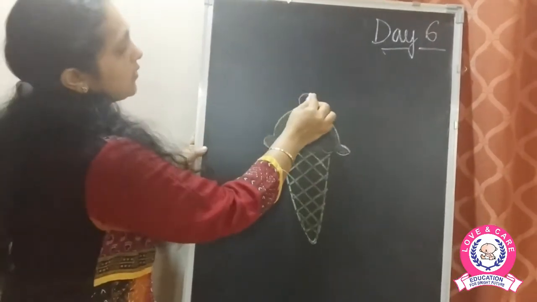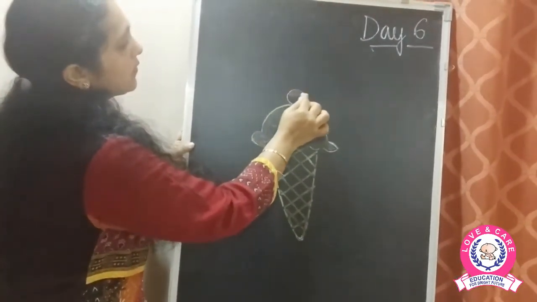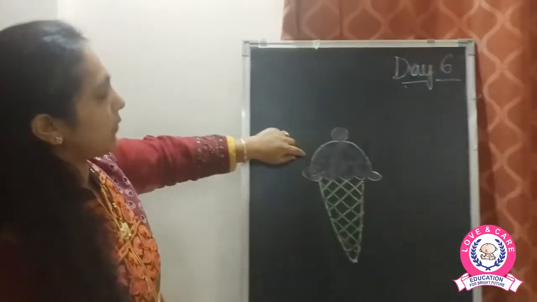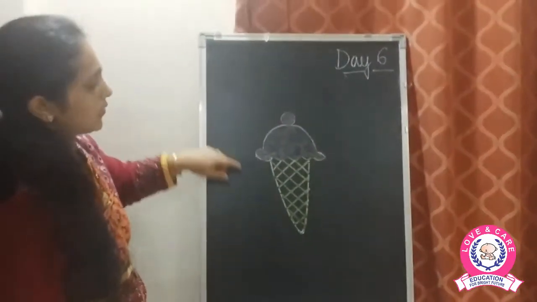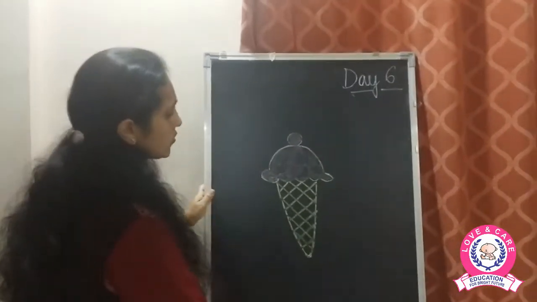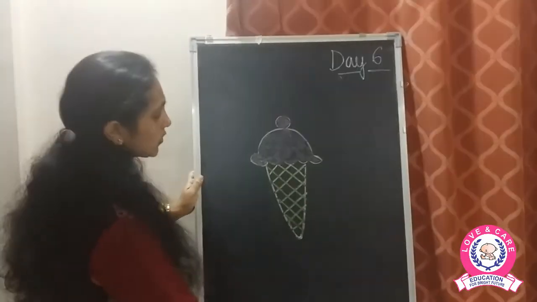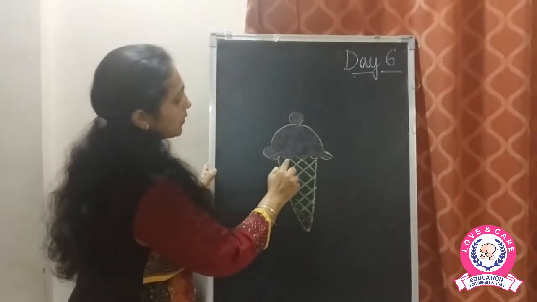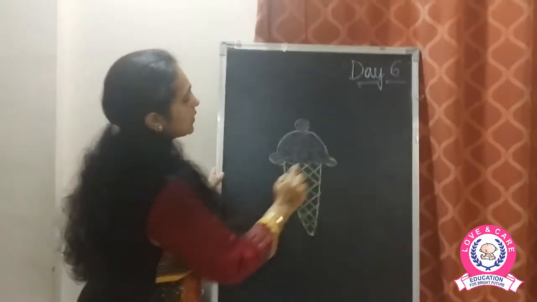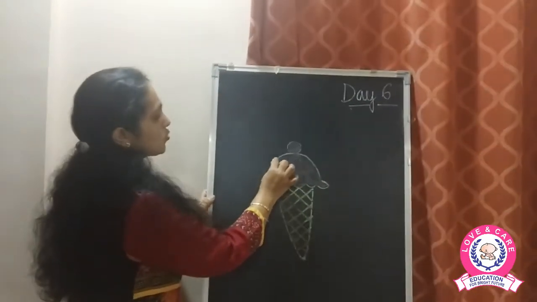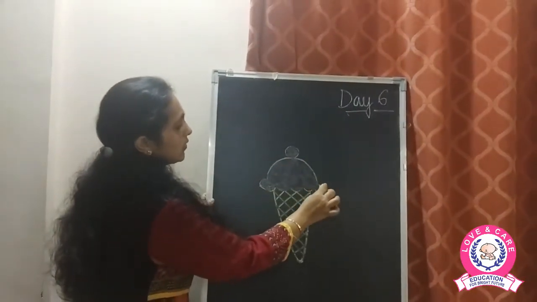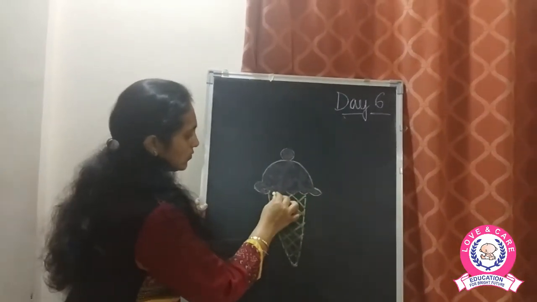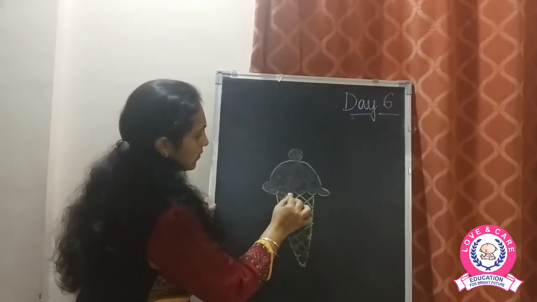And then of course we have a cherry up here. If you want you can make another scoop also. So this is the way you are going to do. So what will you do? First you make a V shape like this. Then यहाँ पे you have to just make a bumpy curves, and then here you have to join it using a half circle, and then you have to color it. And you have to color it here also.